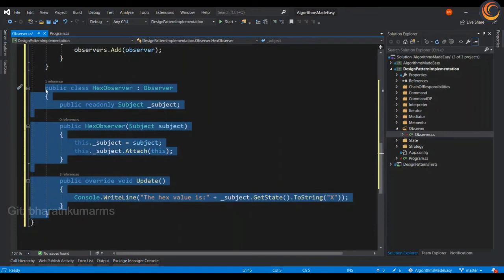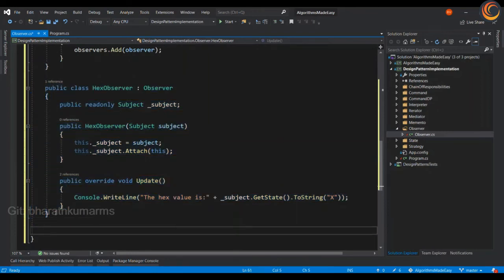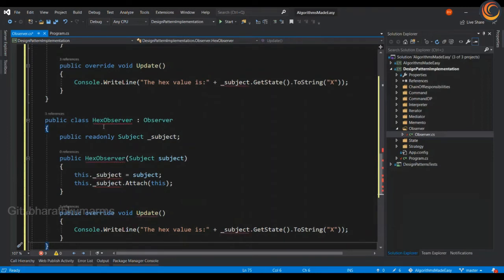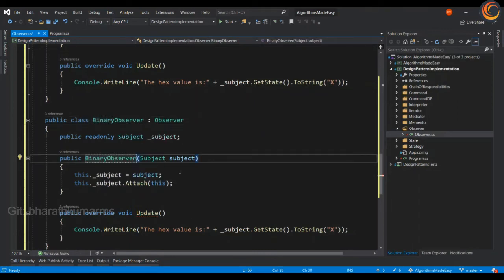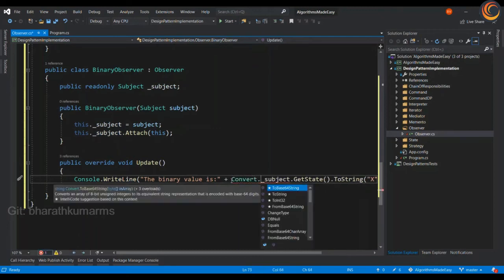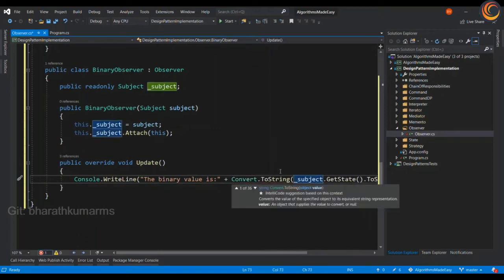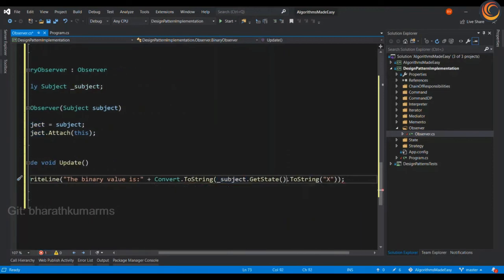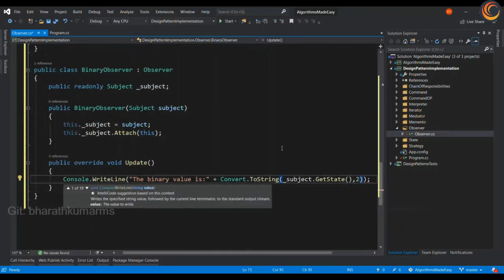And we can create one more object, and let's call it binary observer. The rest of the code will be the same, and all we have to do is change it to binary and wrap it inside the convert.toString method. Get state, comma 2. There we go. We are done with the